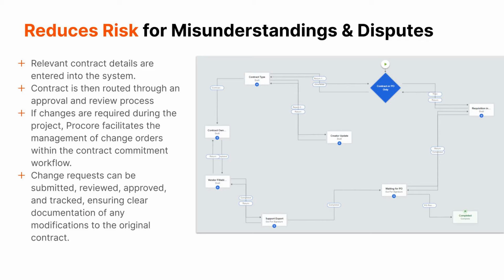In the commitment tool, we just recently switched from POs to contracts. As you can see in this workflow here, it is twofold and helps us distinguish between a purchase order and a contract, all by asking one question. We have one question on our commitments that says, what type of contract is needed? If the person filling out the commitment says, I don't need a contract, this is just a purchase order,